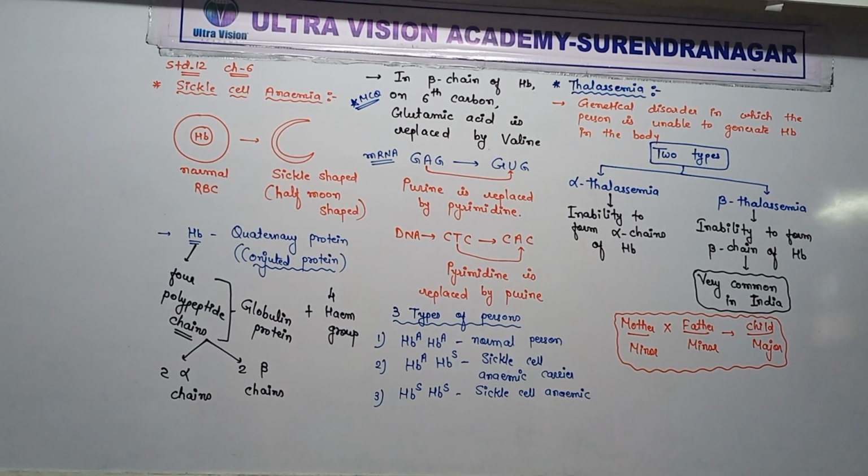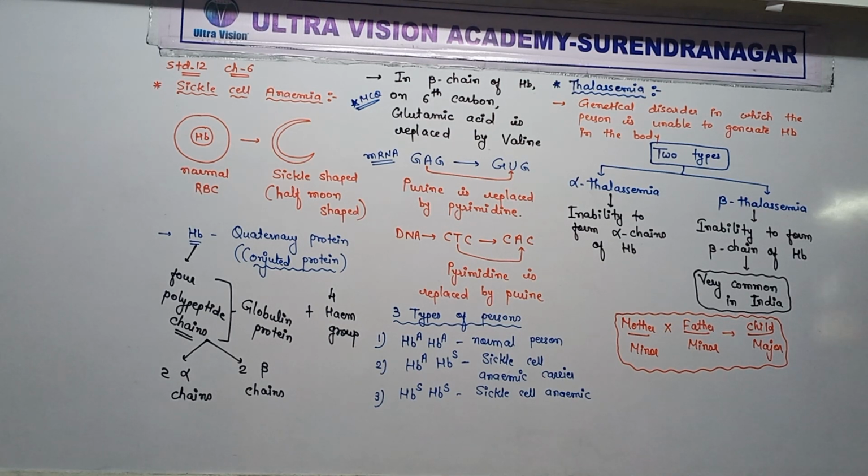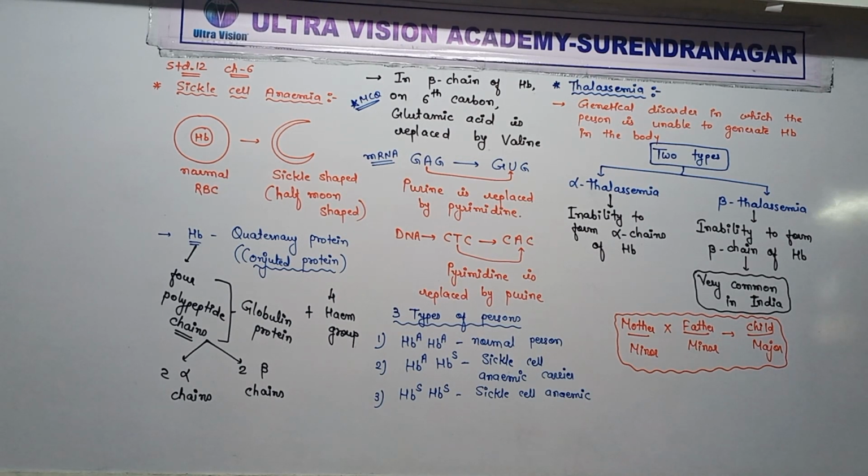But beta thalassemia is very common in India. Nowadays, tests for AIDS and beta thalassemia are done before marriage, and at the time of delivery, if blood is required for blood transfusion, a special test is done. Many persons are normally anemic and do not say whether they are thalassemic minor or major.